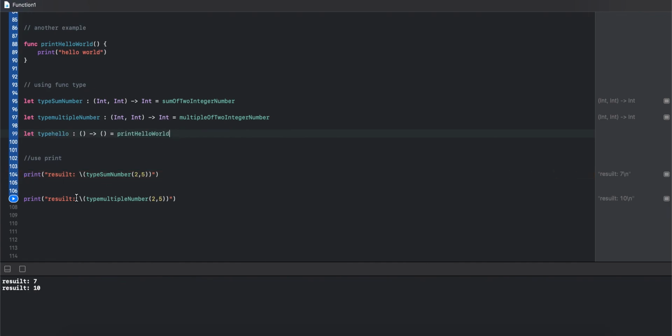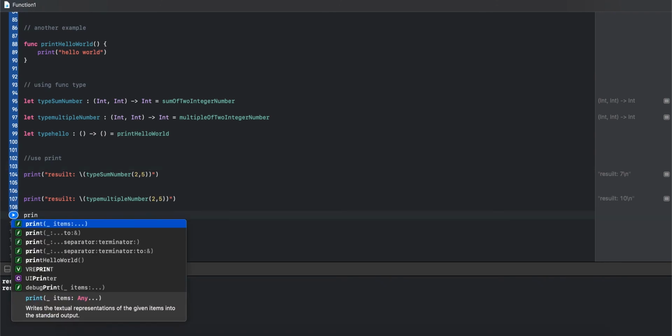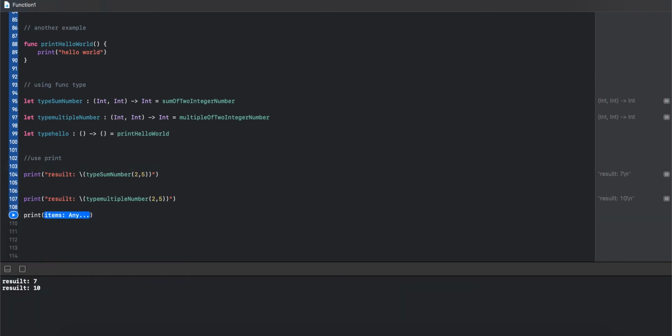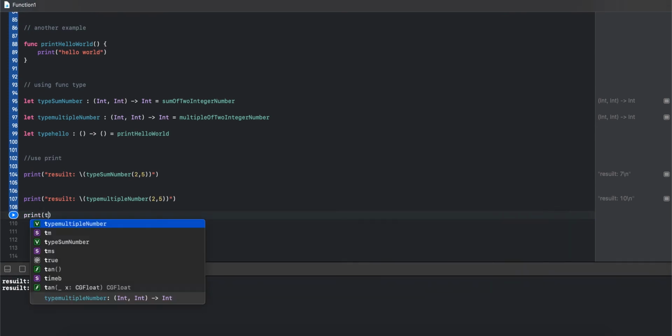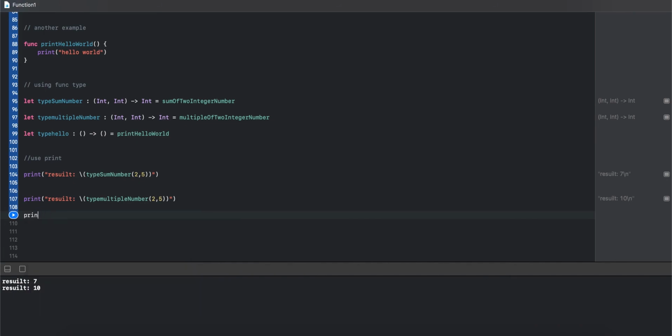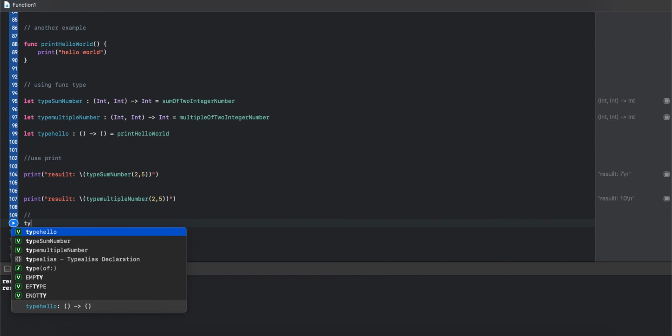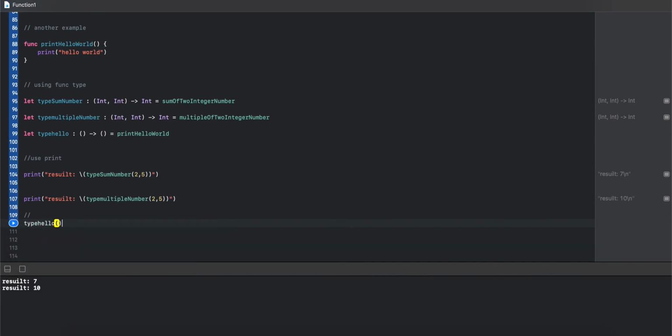And we can use a print statement. So typeHello instance, then we are going to create an instance of hello world.